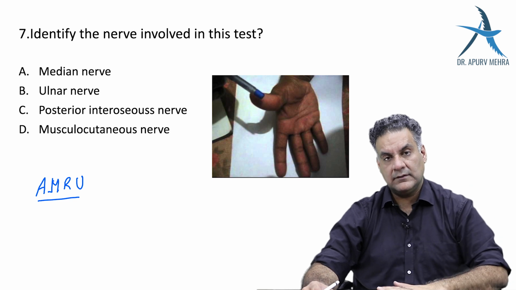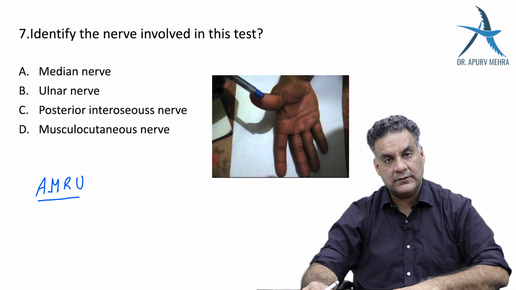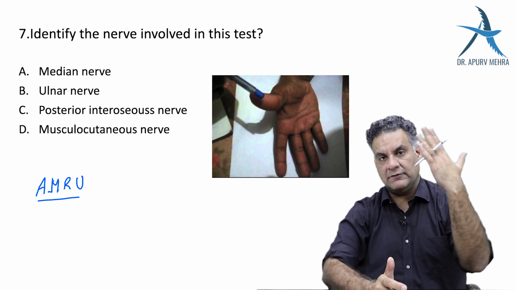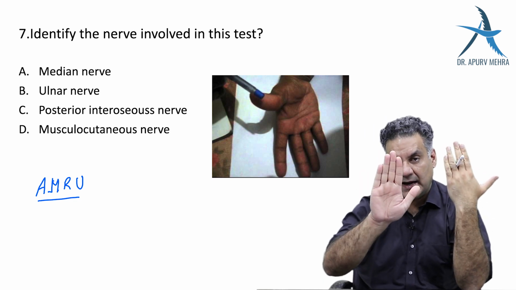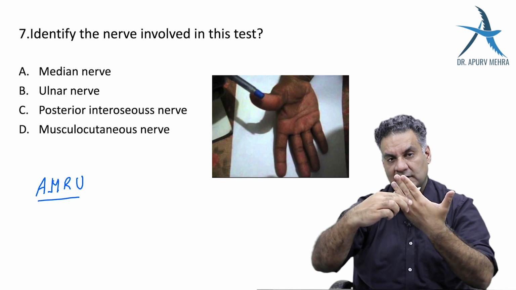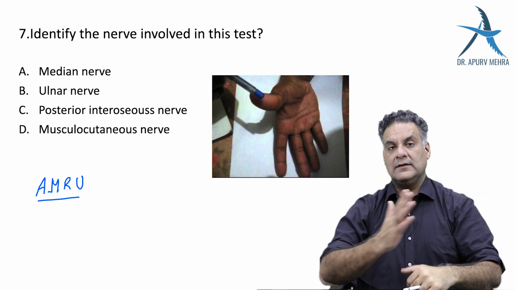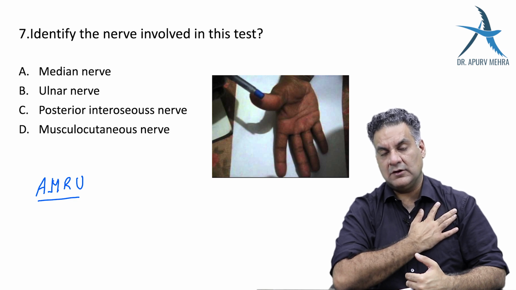In the ulnar nerve, what are the important things you should remember? If you give a card to a patient and ask him to hold it between the fingers, this is palmar interossei adduct, PAD. If you pull this card and the patient is able to hold it, it means his palmar interossei are functioning well. The second, if you ask a patient to place his hand on the table and you ask him to move the middle finger on both the sides,